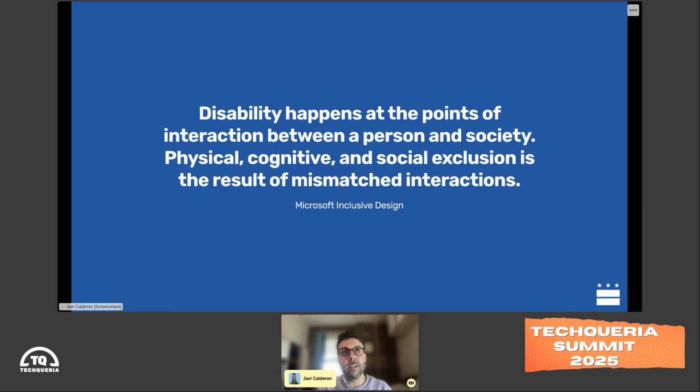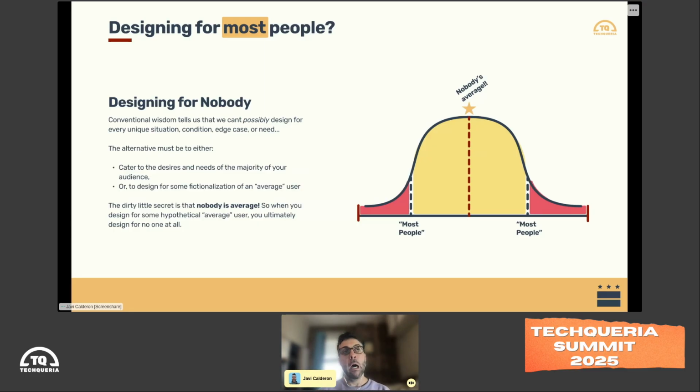Whoever constructed this experience, because we are excluding users due to ignorance, lack of knowledge, lack of awareness from people who have maybe slightly different needs, right? So the goal here is to understand those differences, understand what those people need, and create interactions and pathways that allow everybody to participate, right?